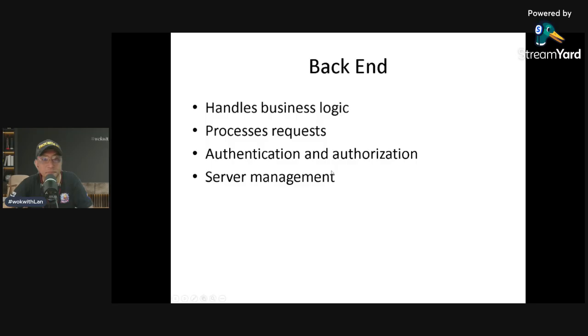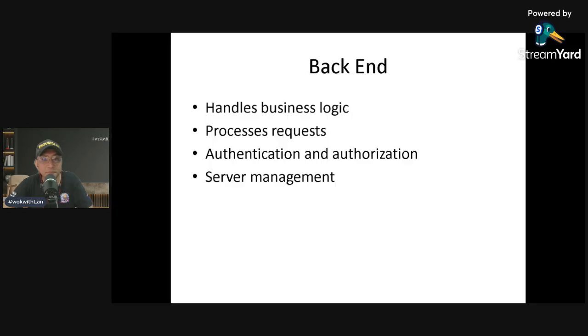Let's proceed to the back end. Let's explain that. The back end is the brain of the application, while the front end is what users see. The back end handles business logic, data processing, then server operations. The back end stores and retrieves data from the databases. For example, user accounts, product lists, messages, app settings, etc.